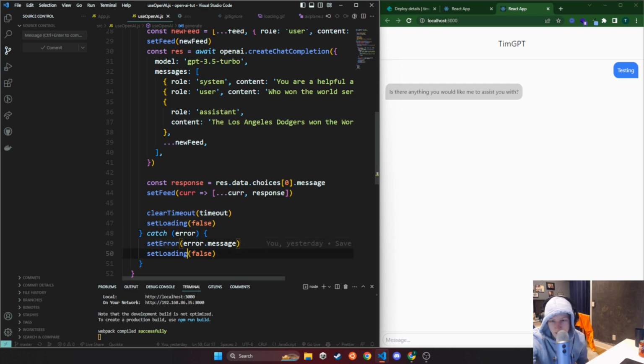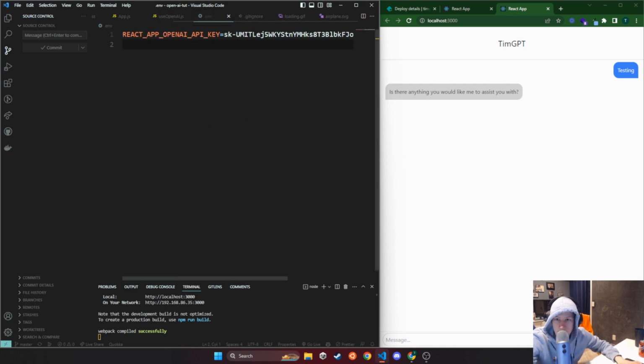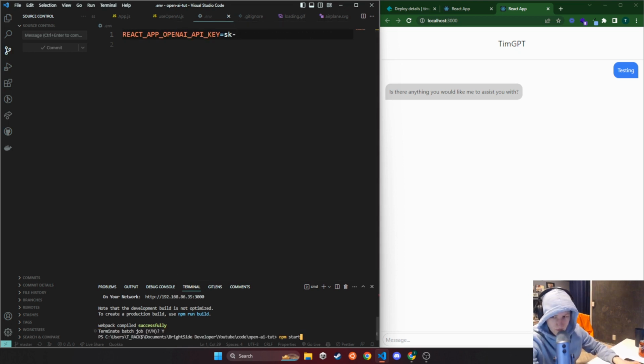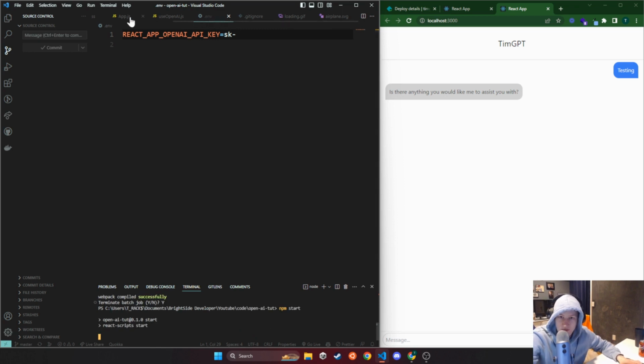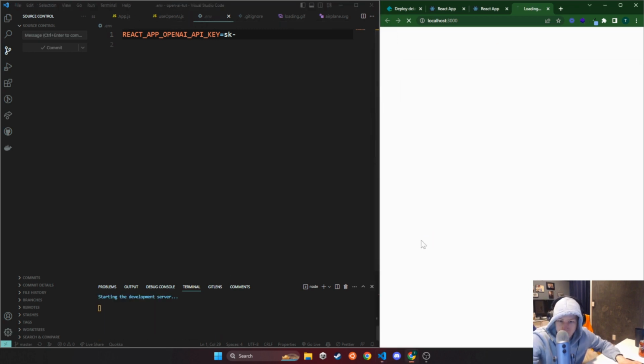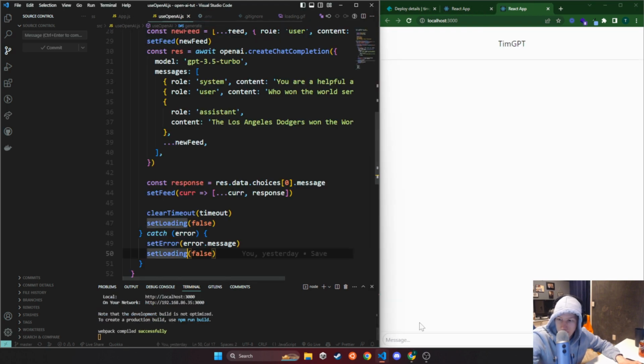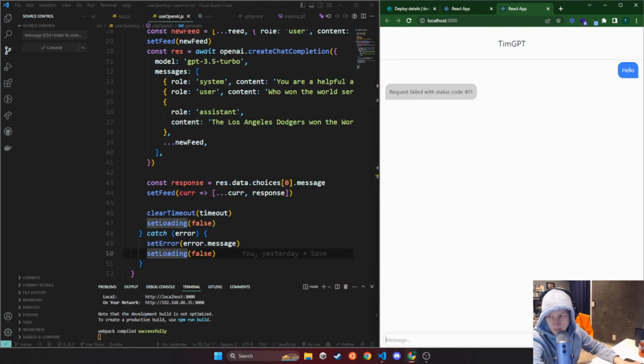If there's an error, let's go to the .env and just erase that real quick, and then close this. Like I was saying before, you have to npm restart when you change the environment. So now we're going to have an invalid API key, and we'll see what happens with our error. So if we say hello,